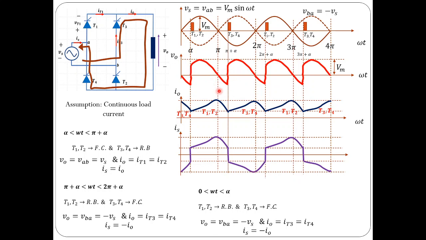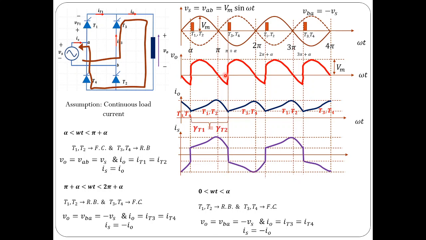and this is due to the inductive nature of the load. Due to this negative portion of the voltage, the average value of voltage would reduce because the area under the curve is reducing, so it results in a lower value of output voltage. Usually output voltage would be reduced due to this negative portion of the voltage. Now this is about the operation of the single phase bridge converter.